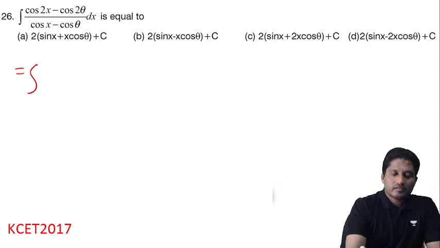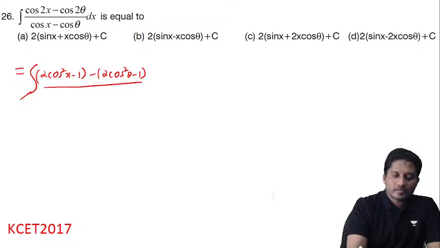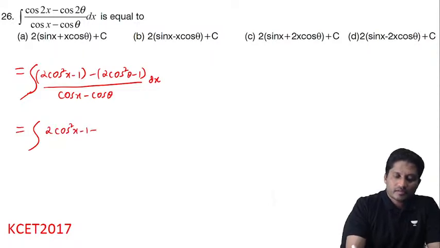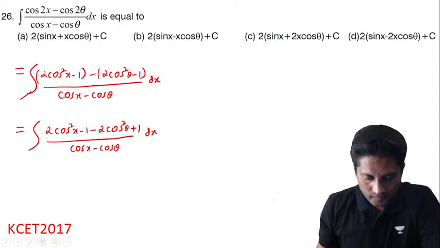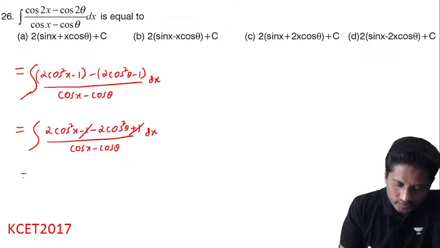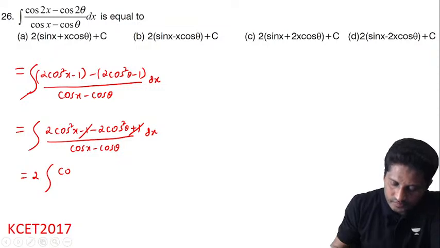Cos 2x is 2 cos square x minus 1. Again, cos 2 theta is 2 cos square theta minus 1. Whole divided by cos x minus cos theta, then dx. Integration of 2 cos square x minus 1 minus 2 cos square theta minus 1, minus of minus is plus 1, whole divided by cos x minus cos theta, then dx. This minus 1 plus 1 will cancel. 2 is a constant, take it out. The sec